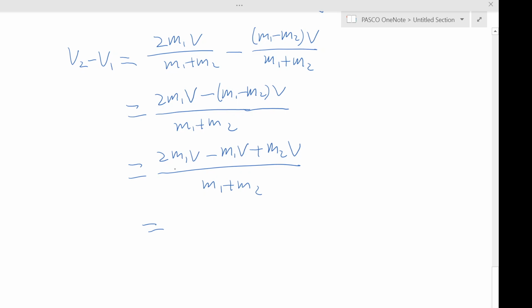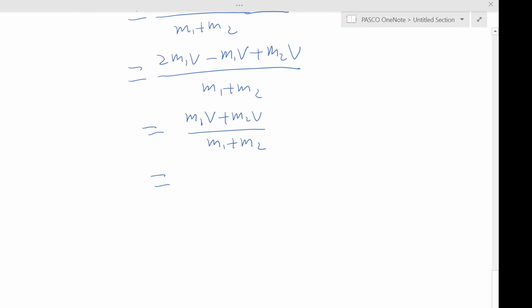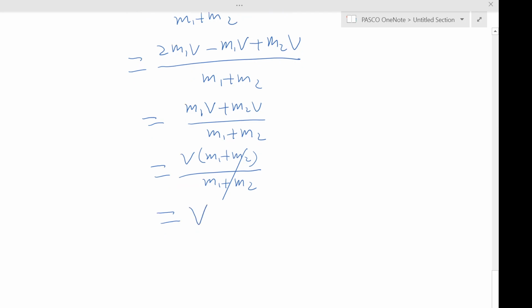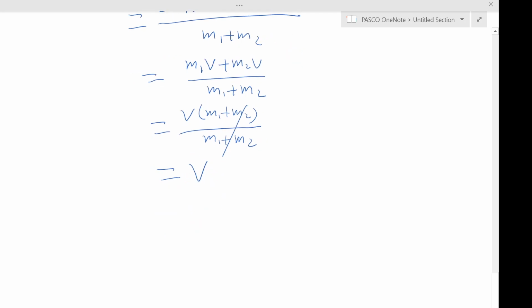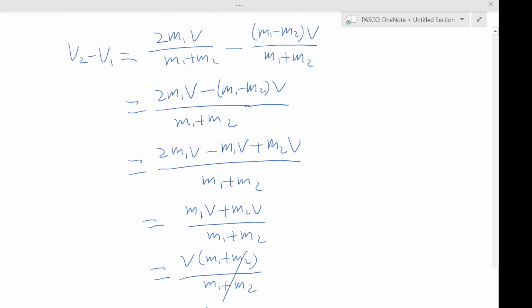It looks good, because 2m1v minus m1v is just m1v, plus m2v, over m1 plus m2, and you can take out the common factor v, so that becomes (m1 plus m2) in brackets divided by m1 plus m2, and that cancels out. You have a really nice result in the end, which is v, and if you put absolute value around it,